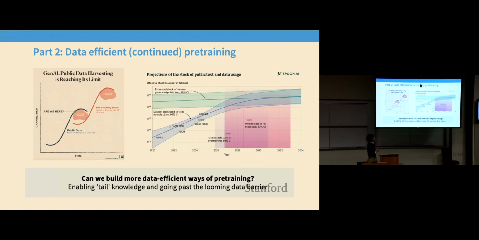It's from some folks who are analyzing the progress of AI, arguing that really there isn't that much public data, and it's going to get rapidly used to train language models. The next stage of value really comes from proprietary data like chat logs inside a company, internal wikis, all those things that are very important and valuable in building the next generation of AI systems. On the right here, this is a really fun article from Epoch AI, where they were asking the question, in what year will we run out of LLM pre-training data given the rate of current progress, right?